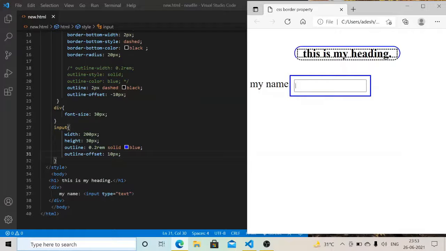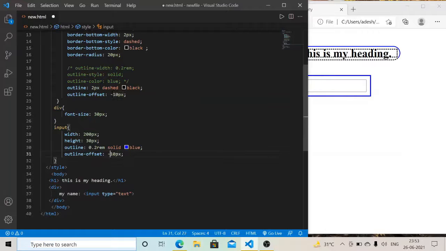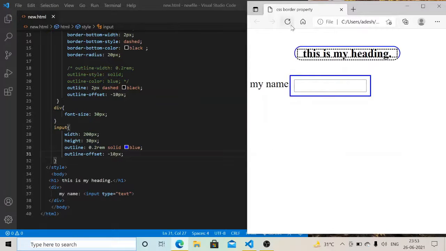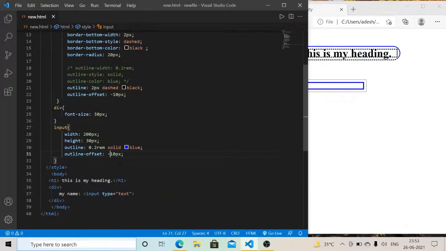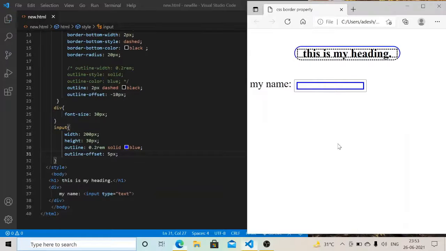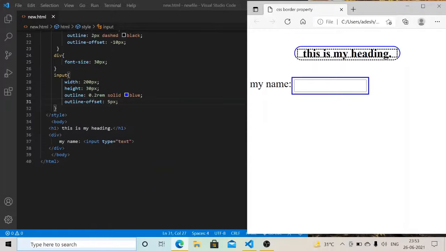So this is the outline. You can also decrease the value and adjust it according to your choice. So this is totally about the outline.